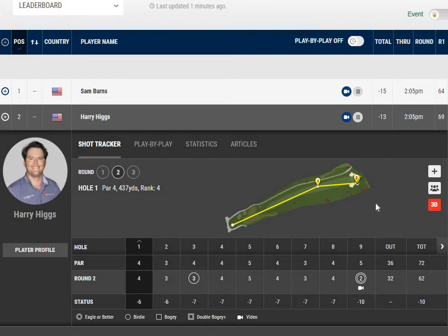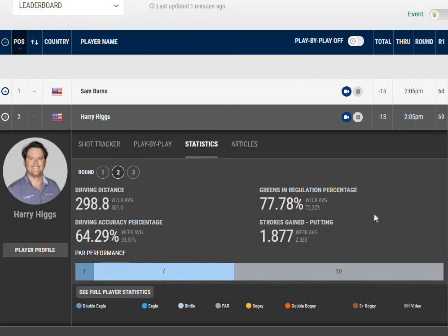But we will start from the first hole for a better understanding of his statistics and the best components of the game, thanks to which he achieved such a huge result. First of all, we can see that he made one eagle and 7 birdies, and it was a bogey-free round. And we can take a brief look at the major statistical components of his game in the